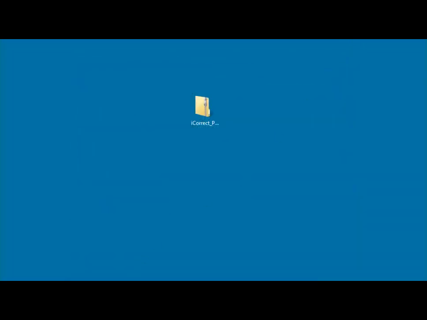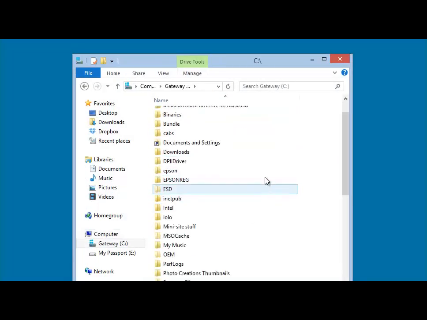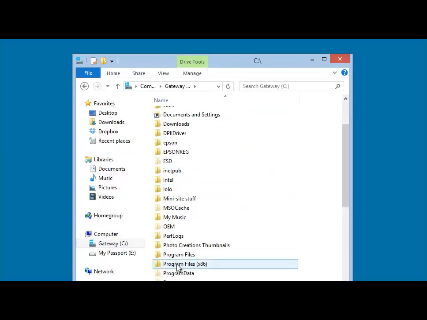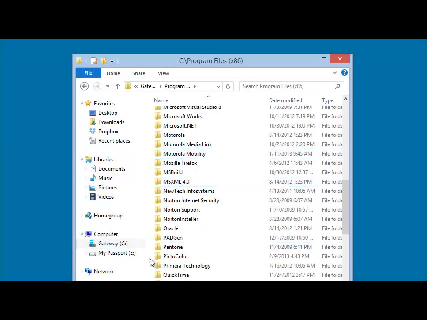I suggest you then look where it is. Open your My Computer, go to the C drive, and go to Program Files. Now, if you have a 64-bit machine, you'll have two Program Files folders. The one with the 32-bit is labeled x86. Double click on it, look for the PictoColor folder,